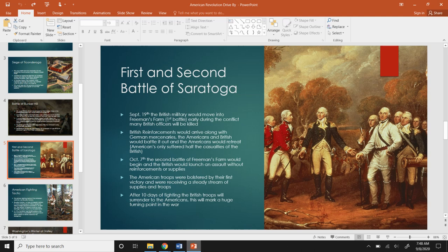Okay, the reason why the Battle of Saratoga is a huge turning point in the war is also because they were able to prove themselves to other countries. Other countries were trying to see how it was going to go with the American Revolution, because other countries didn't really like the British because they had gone to war with other countries such as Spain and France. So especially France was really trying to see whether or not America was going to make it through with this,